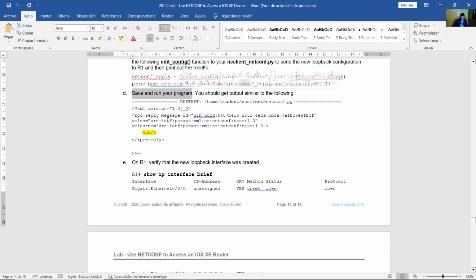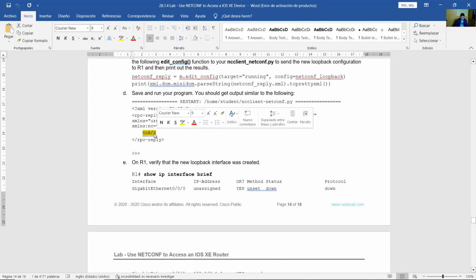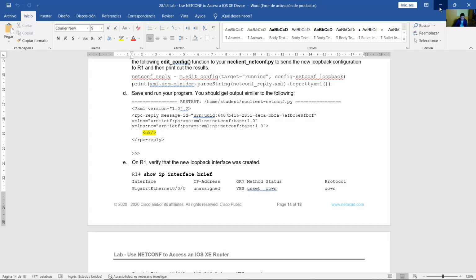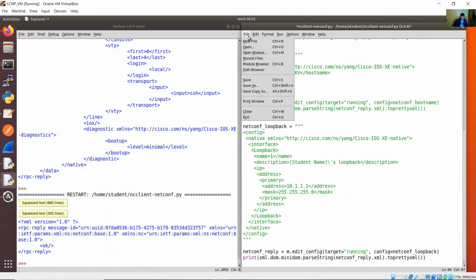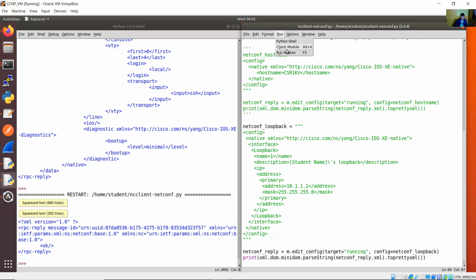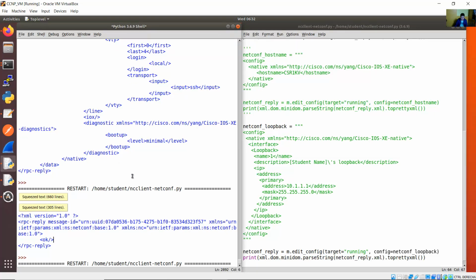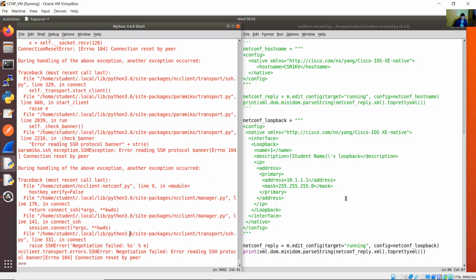Save and run. You should get OK. Save, run. Because you need to change the description, maybe use your name here and a different number of loopback, like 3333,